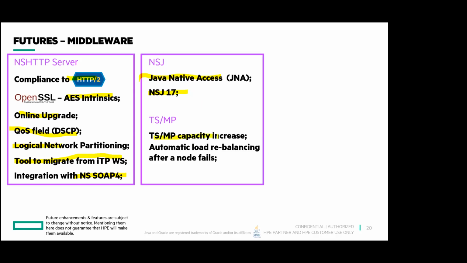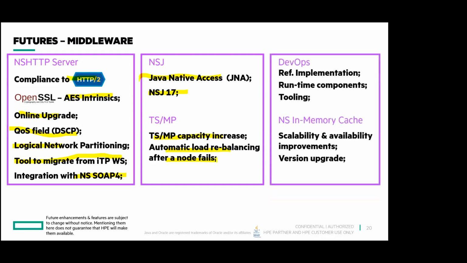TSMP, we are going to increase the TSMP capacity, the number of server classes that you can deploy and use. That's going to be increased. And we are going to still increase the load balancing efficiency after a node fails. So in a pathway domain, multiple nodes are there. If one node shuts down, what to do? You have to divert the traffic entirely to the remaining available nodes. So there are some drawbacks that we have now. We want to remove them and improve them. So that's the thing that we are working on for TSMP. That's going to be available shortly also.